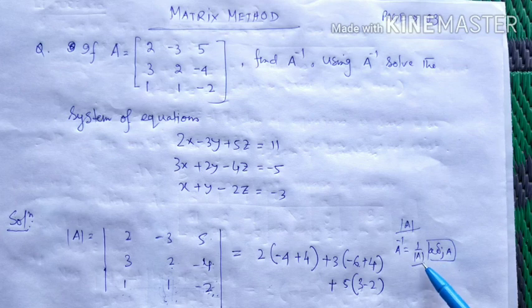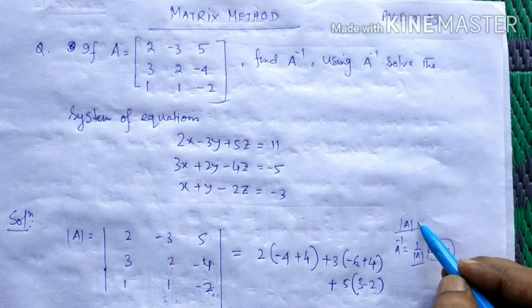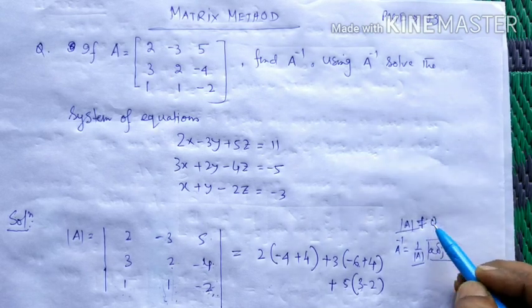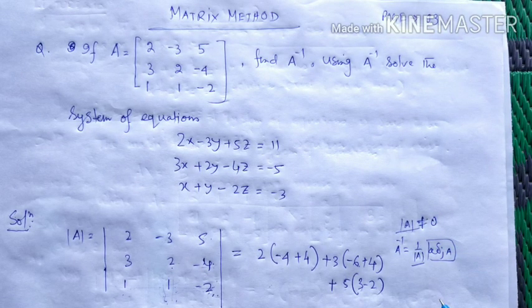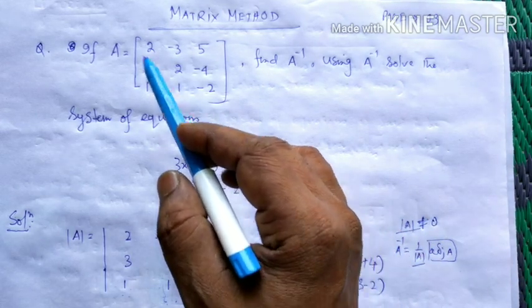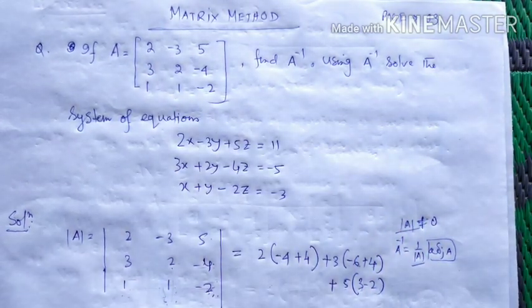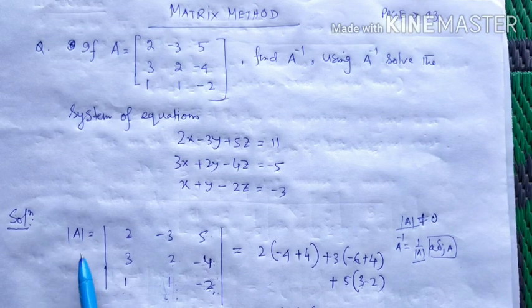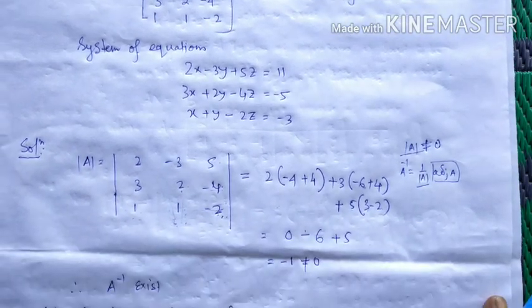Okay, so first you find determinant of A, and if determinant of A is not equal to 0, then you can say that the inverse of the matrix exists. And after getting determinant of A, you have to find the adjoint of A. Next step is adjoint of A. To know the adjoint of A, you have to know the cofactor matrix. So to get the cofactor matrix, you have to find the cofactors of every element in the determinant of the matrix. Clear, everybody? Now to find the determinant of A, here you see your determinant.